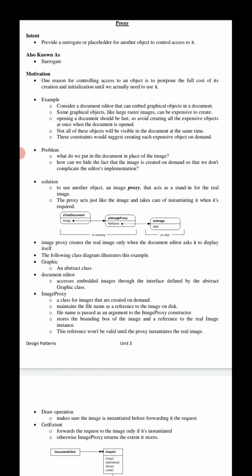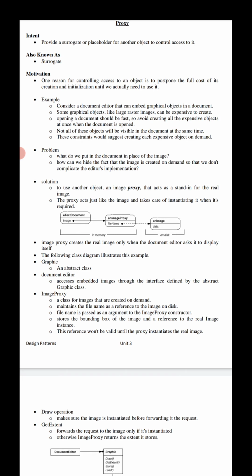For example, look at this object structure diagram. The solution is to use another object, an image proxy, that acts as a stand-in for the real image. This is the real image.